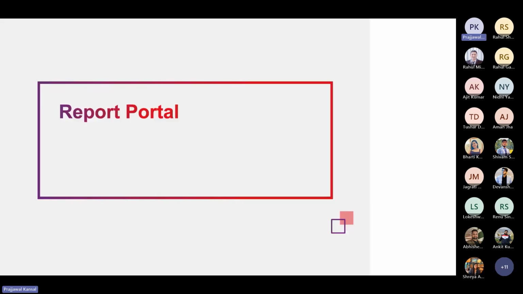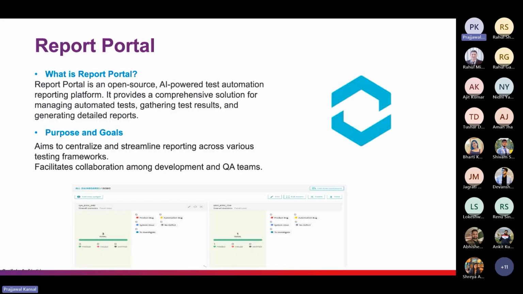So the next part is Report Portal. Report Portal comes into the picture for automation reporting. First, what is Report Portal? Report Portal is an open source platform. It's designed to help teams manage their automation testing efforts. It uses AI technology to streamline the process of collecting test results and generating comprehensive reports. This makes it easier for teams to understand how their software is performing based on the tests they have